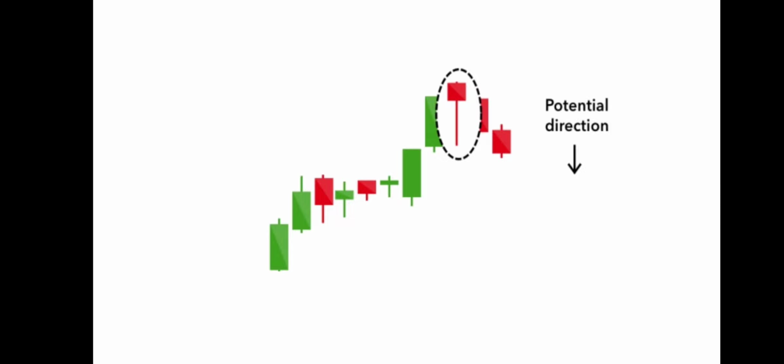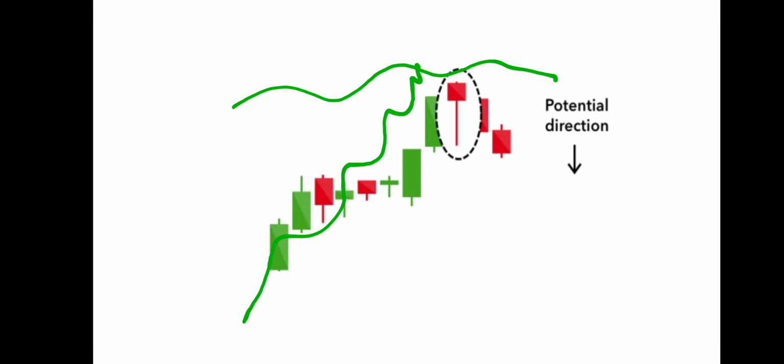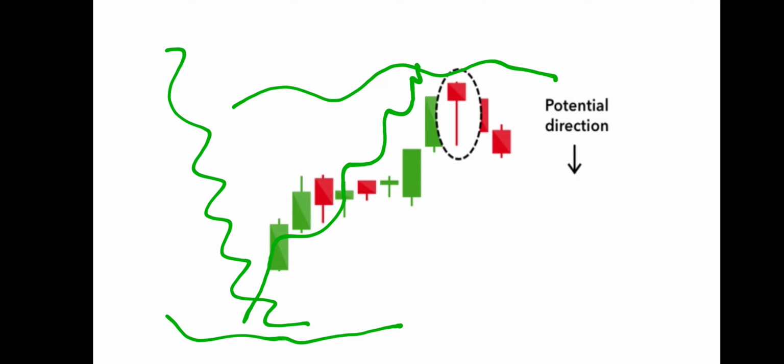There is no difference in color or its formation, but the major difference you have to understand here. If you understand the basic thing, then you will learn 60% of candlesticks. The major difference is this only: it forms after an uptrend or maybe there is a resistance area. The hammer, we learned, forms after a downtrend and maybe at a support area, and the inverted hammer forms at the resistance or maybe after an uptrend.